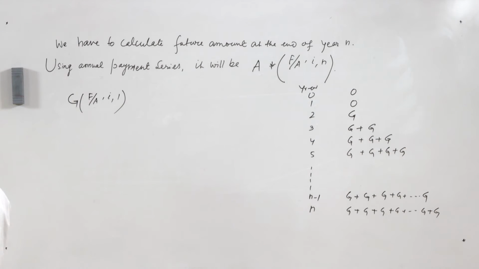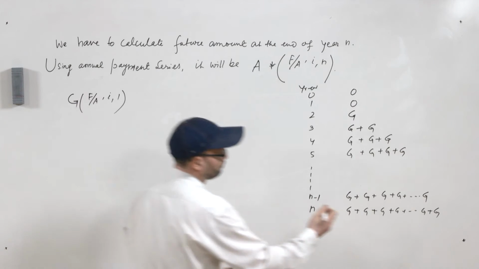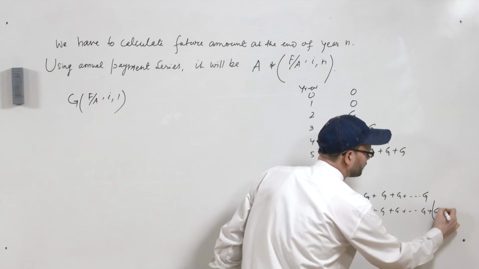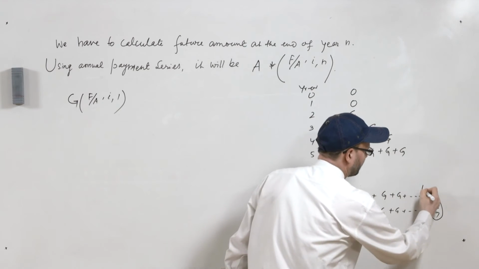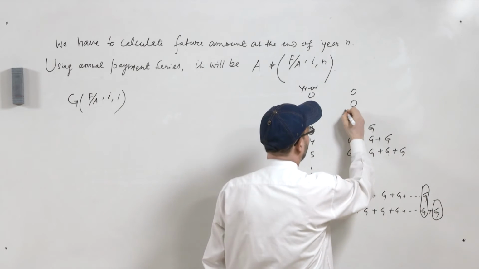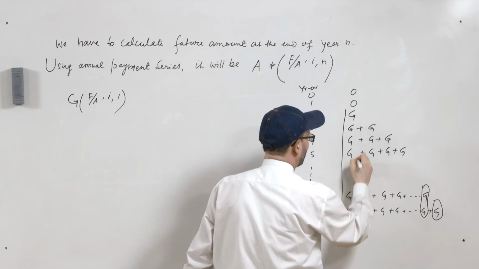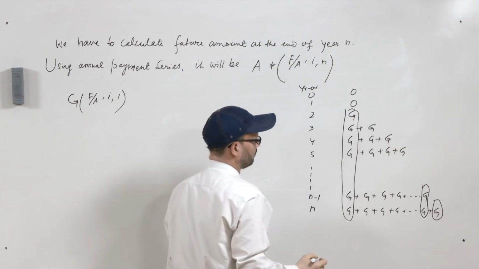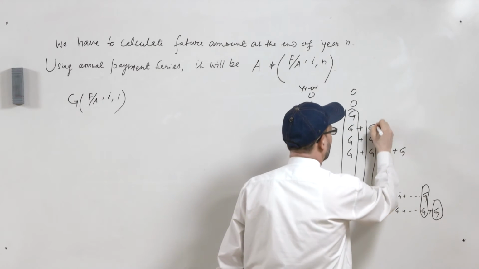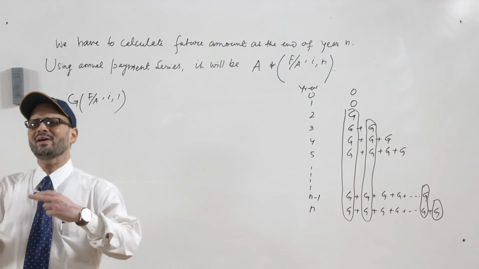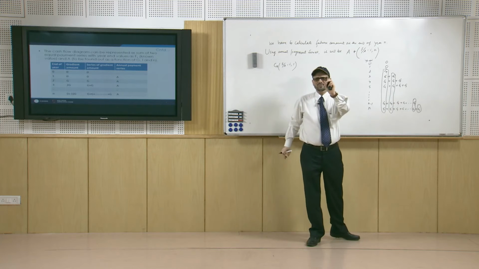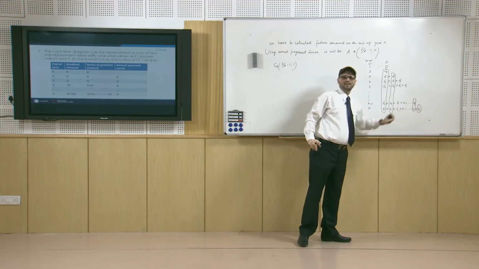Now, as we see here, we can see that this is your future time. In the future time one is this g, in this will be coming. So, this way and here this component will come. So, like that you have to find the equivalent value of all these quantities at the year end of n.